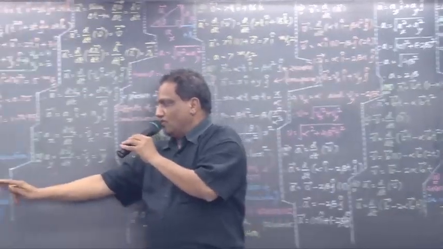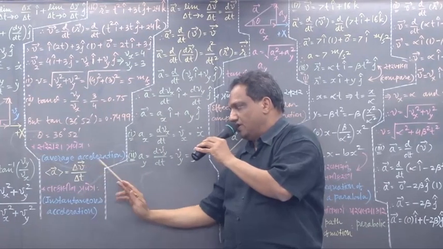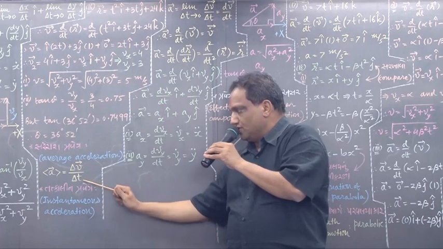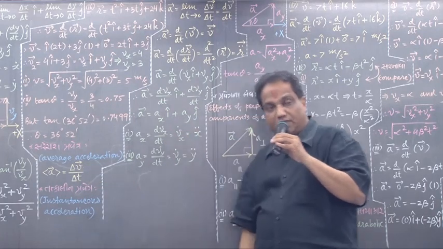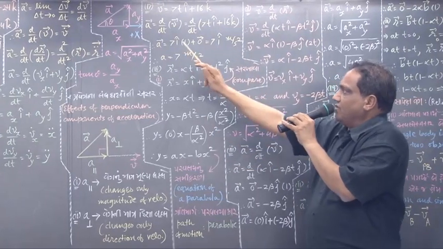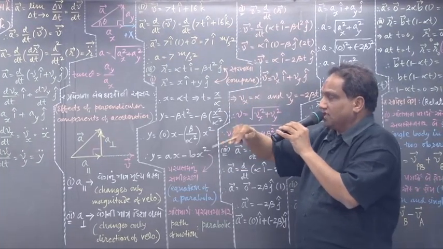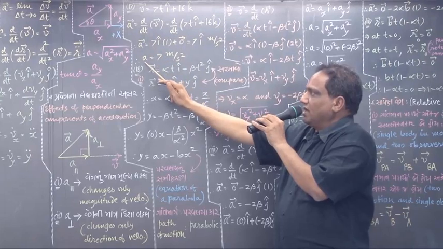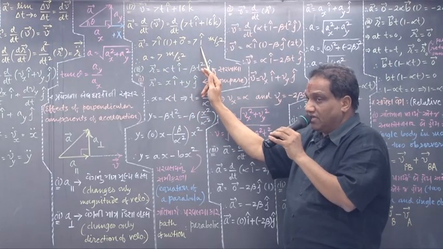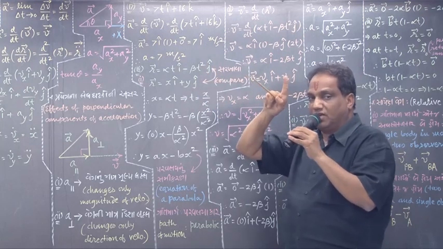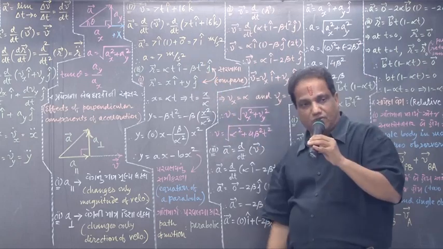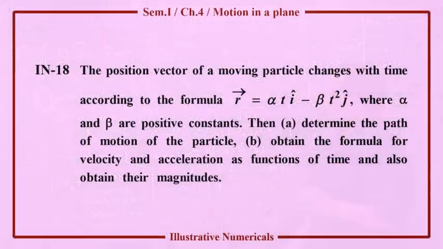Unit of acceleration means unit of velocity upon time. Unit of velocity is meter per second, upon second. So it is meter per second square. If you take magnitude, you should take it on both the sides. Here when you take magnitude, you should write only A, and when you take magnitude here, you know i hat is a unit vector. Why is it called a unit vector? Because its magnitude is 1. So 1 into 7 is 7 meter per second square. Got it? Next.